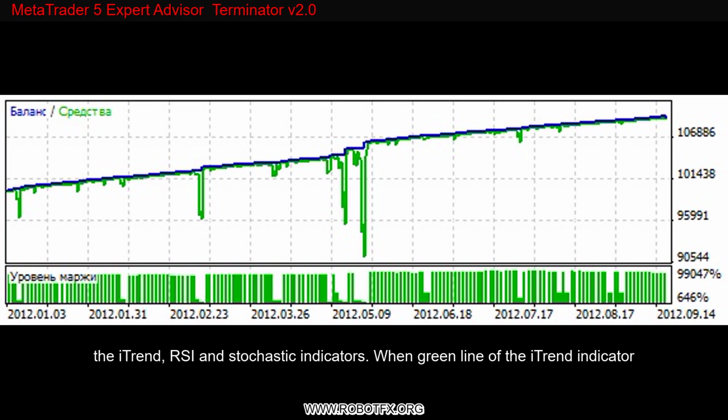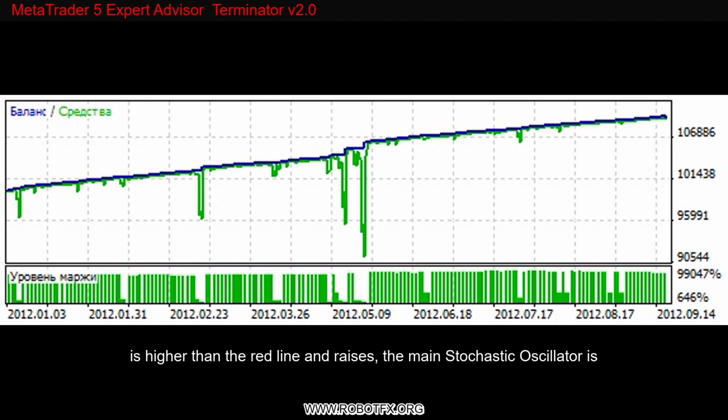On the I trend, RSI, and stochastic indicators, when the green line of the I trend indicator is higher than the red line and rises, the main stochastic oscillator is higher than the signal and rises staying between high and low levels, and RSI rises, then a buy opens. When the green line of the I trend indicator is lower than the red line and falls, the main stochastic oscillator is lower than the signal